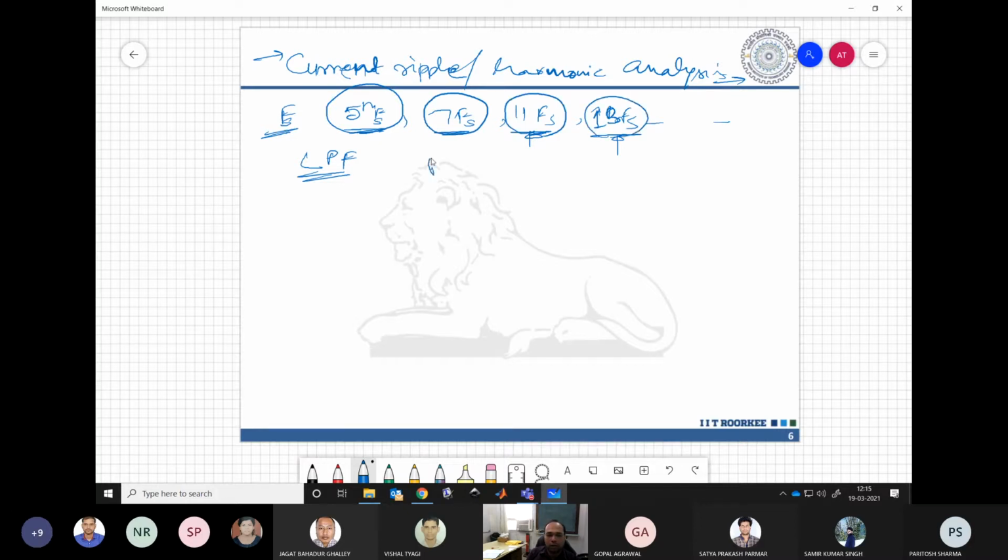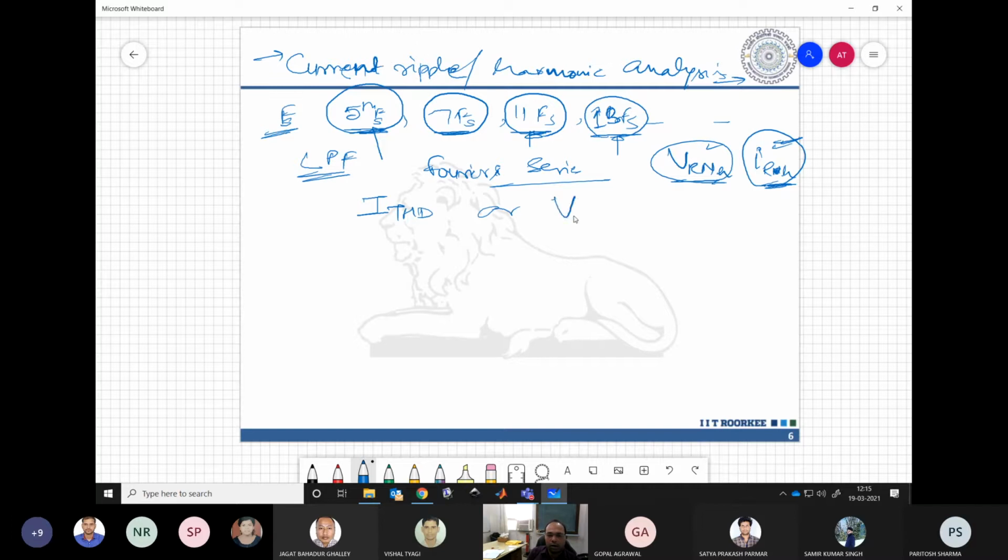So then we saw that Fourier series expansion could be a very good tool to analyze what these components are. So we can get VRN for a particular harmonic H, and then we know IRH. So this is how we can have all the different voltage and current harmonic components, and then we can do either ITHD or weighted THD of voltage, and we can know about the quality of the waveform.